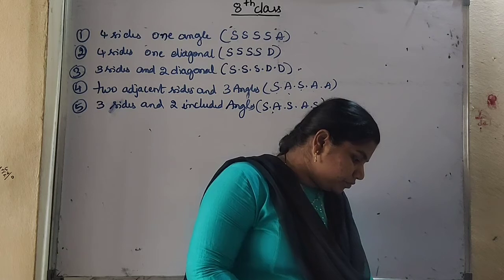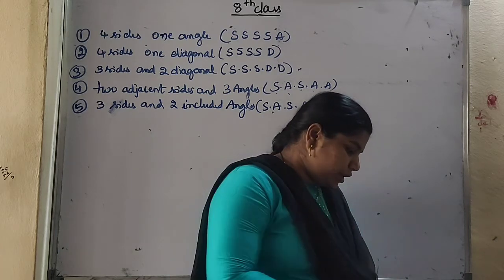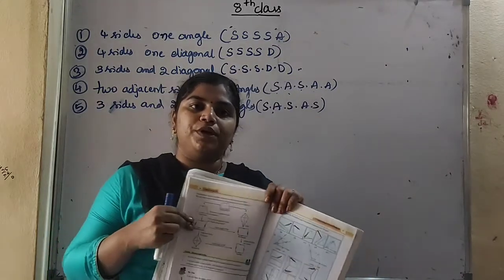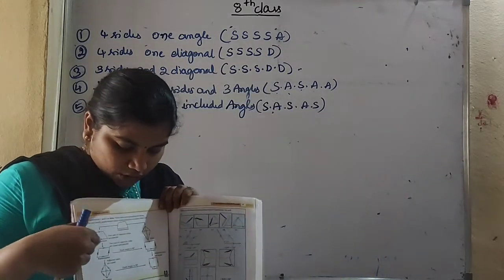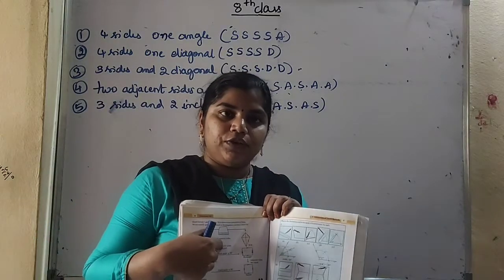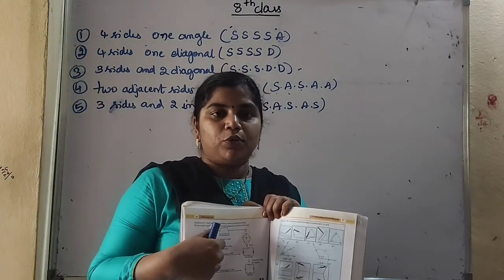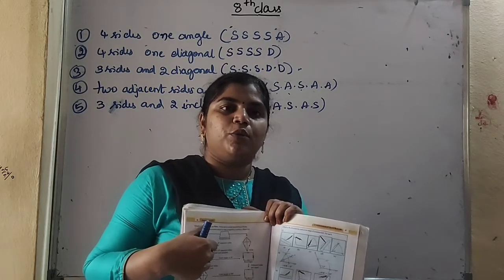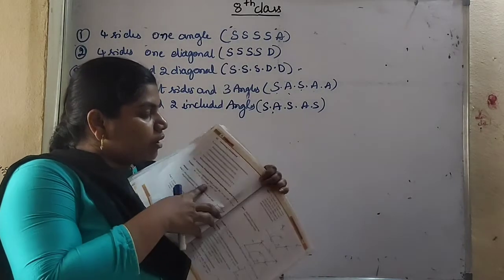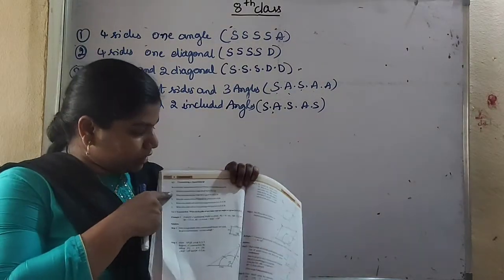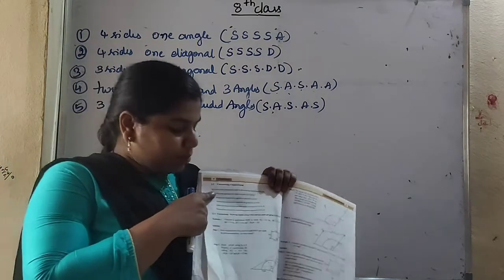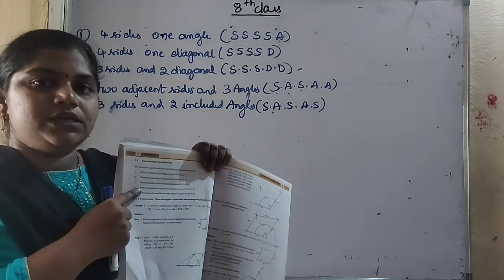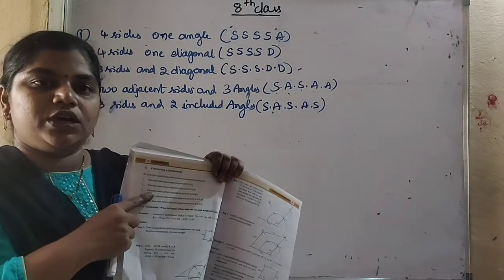So in this, you have one figure here on page number 66. I have explained to you about the properties of quadrilaterals. So you draw this figure in your classwork and write all the properties of quadrilaterals, and also by which measurements we can draw a quadrilateral. You have that on page number 68. By using this we can draw the quadrilaterals. So this also you have to write in your classwork.